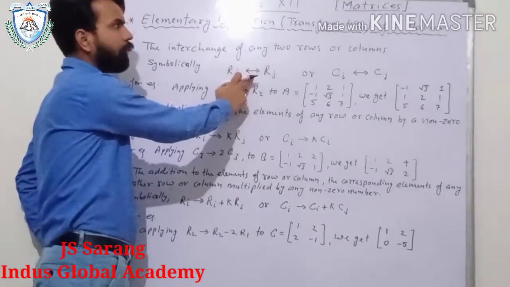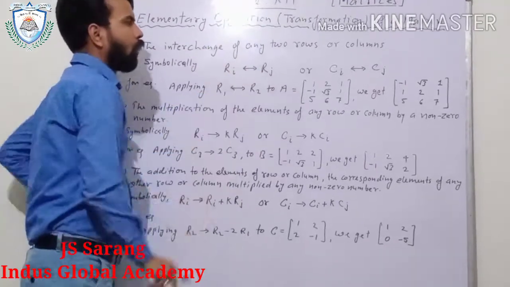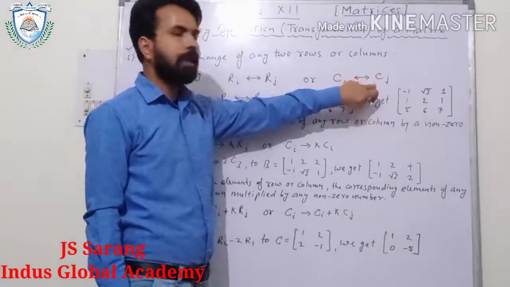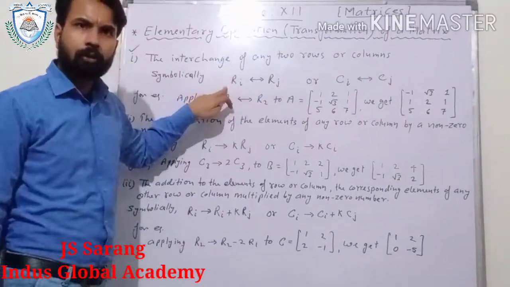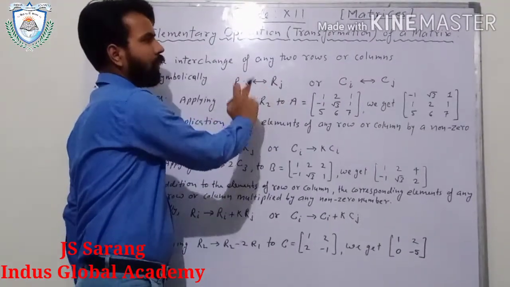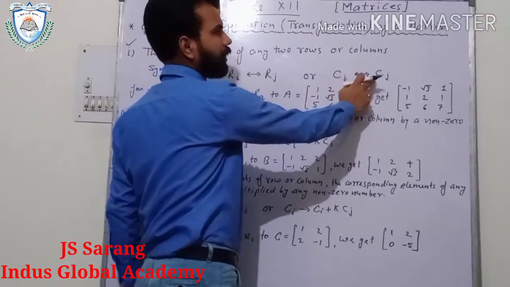This is the symbol of interchange. Ri interchange with Rj, or Ci interchange Cj. C stands for column and R stands for row. It means ith row is interchanged with jth row, and Ci interchanged with Cj means ith column is interchanged by